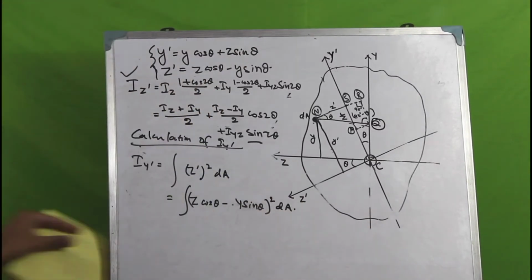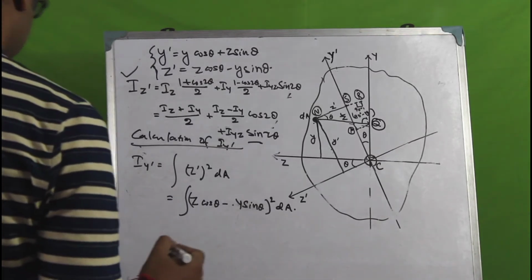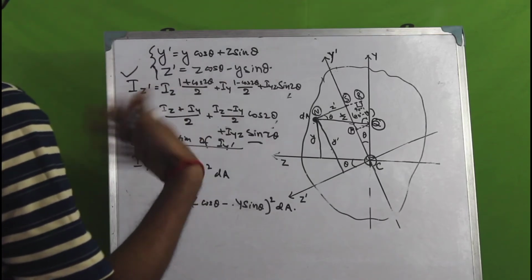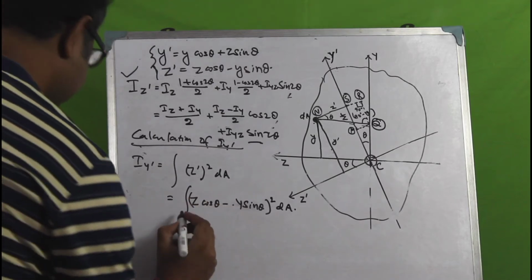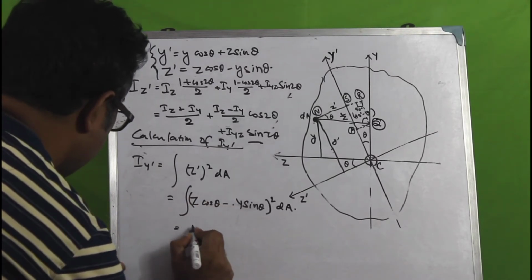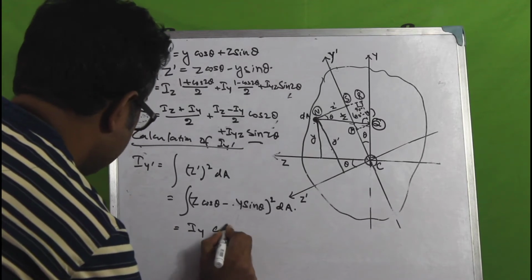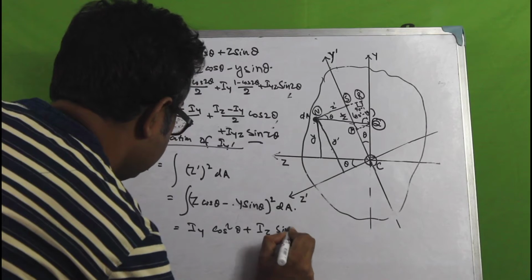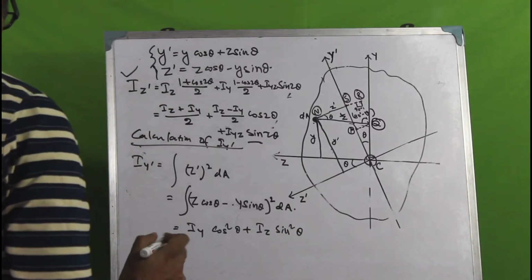If we rearrange the terms, basically it's the same calculation that we have to go through. So I won't go into the details this time, but what you will get here would be Iy cos squared theta plus Iz sin squared theta, and you will end up with